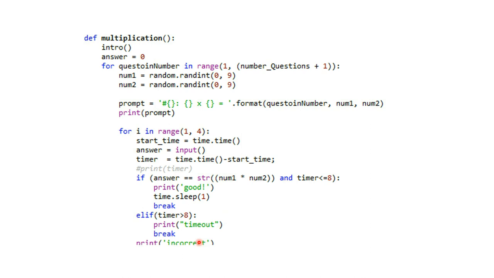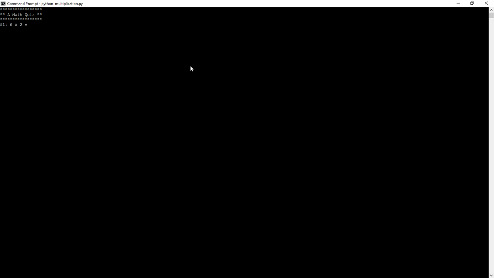If you want, you can take a look at this particular code, and let's go with running the code. Okay, so I have started my program and I will give the right answer now. It will give me timeout, because I have waited for it. Now I will give it 0, it will give me good. Now it goes to the second answer, third question actually. So we will give 14, right. Now let's give wrong answers 3 times, not 6 times. Now it came as incorrect. So all these 3 things are covered, but it will go till 10.